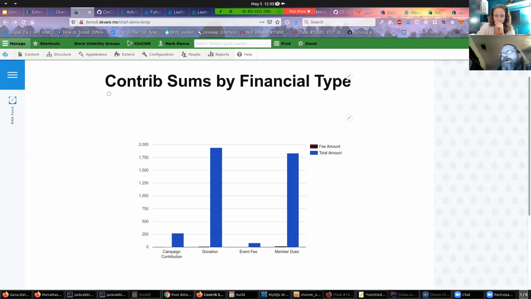You can see we've got total amounts and fee amounts, for each of the four different types that you get out of a stock CiviCRM install. So we can see at a glance how much income is coming in by campaign contribution, by donation, event fees, membership dues, and these kinds of things we do, and usually form the basis of maybe a dashboard that people can use. So